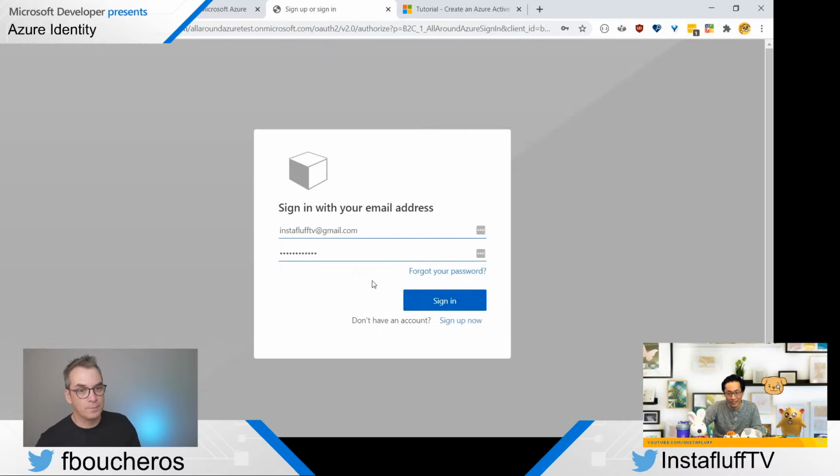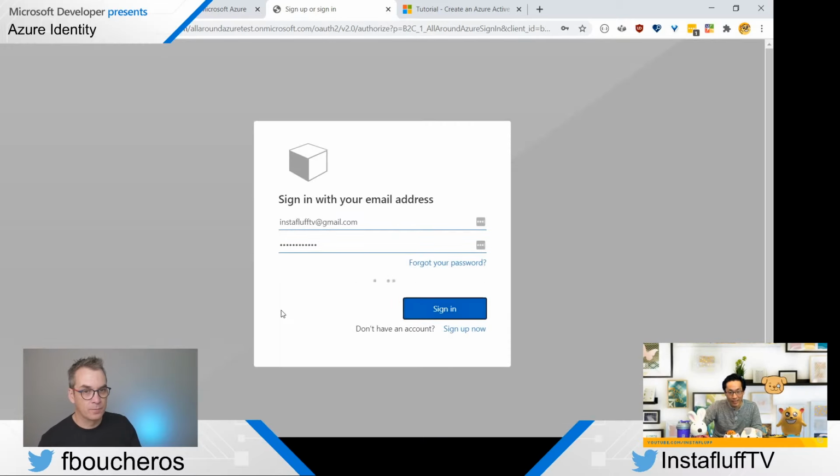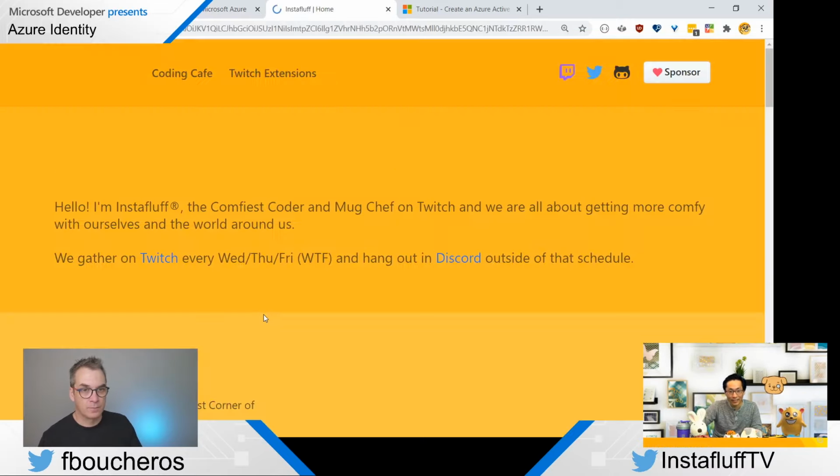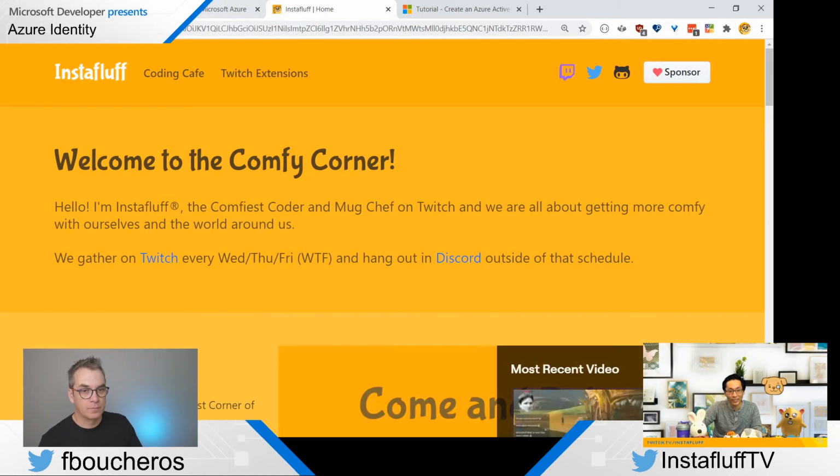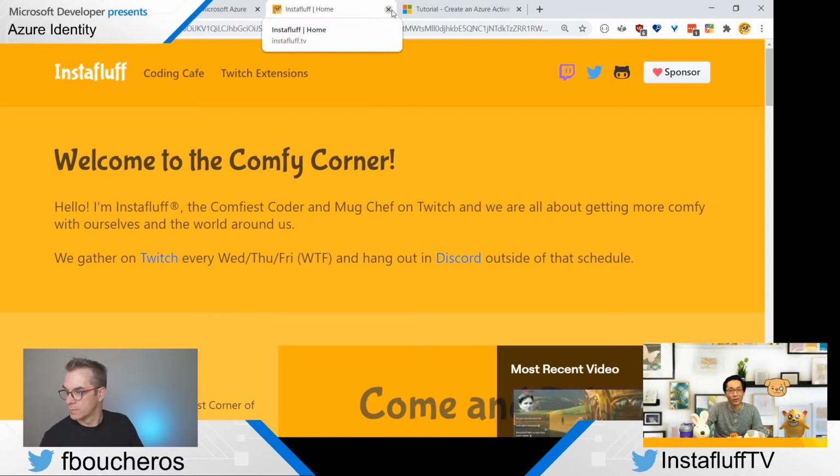But now I'm gonna sign in, and then it'll redirect, and it'll go here with my token, ID token and everything. All you have to do is basically then after that look for the token and the code, and then decode it, and then that's it. You got an entire website.